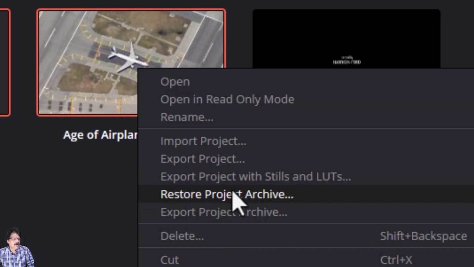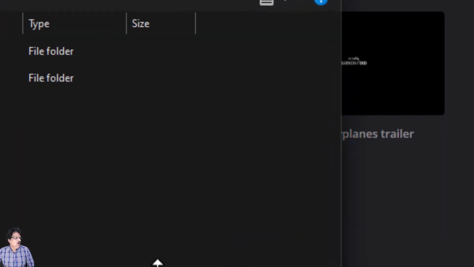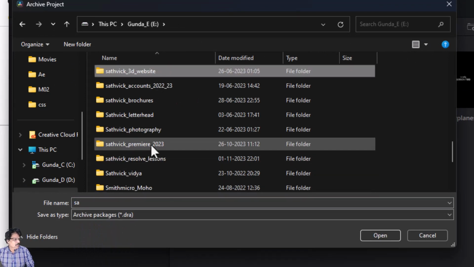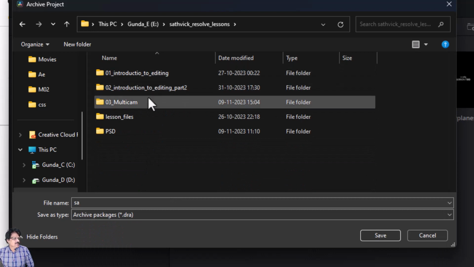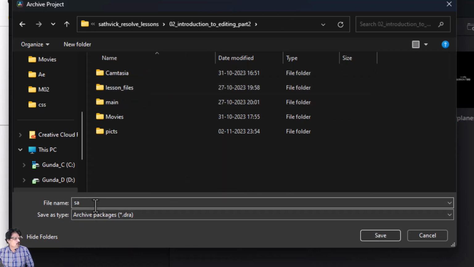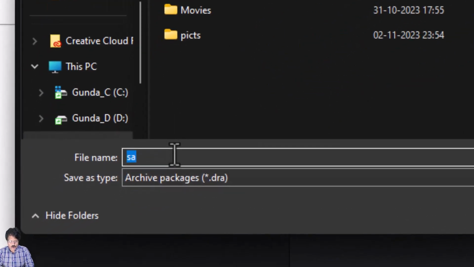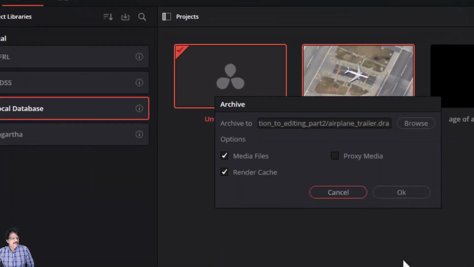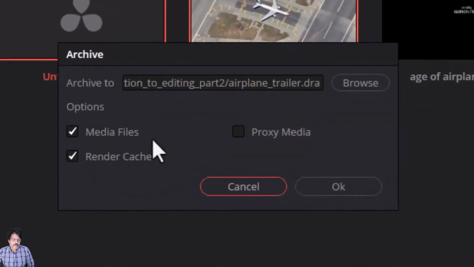export project archive, you have an option. So select this option, export project archive, and now come to your folder. Say for example, I come to my folder, and in this intro to editing folder I am going to give this a name. I am going to call this airplane trailer. I will give it the name, and if I click on save,